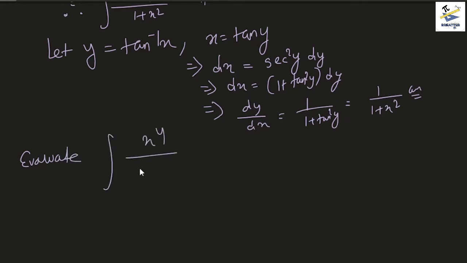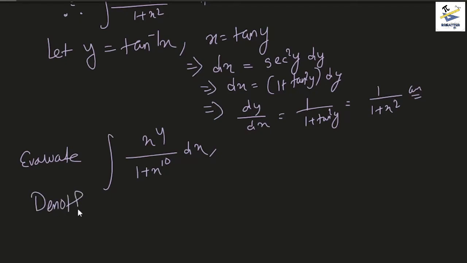Evaluate the integral of x to the power 4 by 1 plus x to the power 10 dx. At first glance, obviously we want to substitute for the denominator, but we see that the derivative of 1 plus x to the power 10 is not x to the power 4 dx, or any constant multiple of x to the power 4 dx rather. But what we can do here is